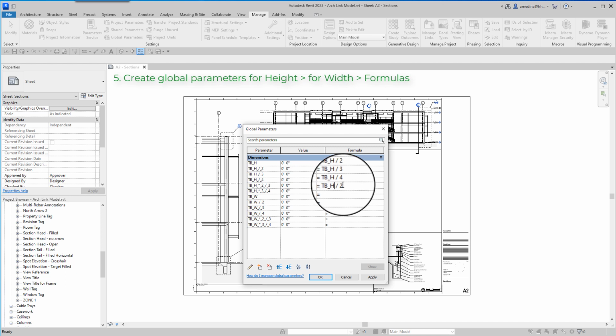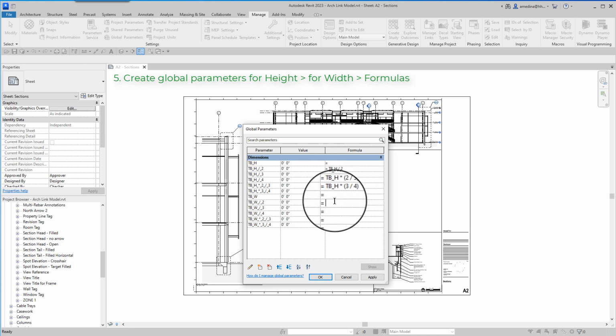This one would be multiplied by 2 divided by 3, and I will copy that to do this one. Title block height multiplied by 3/4. Okay, and then I need to do the others.